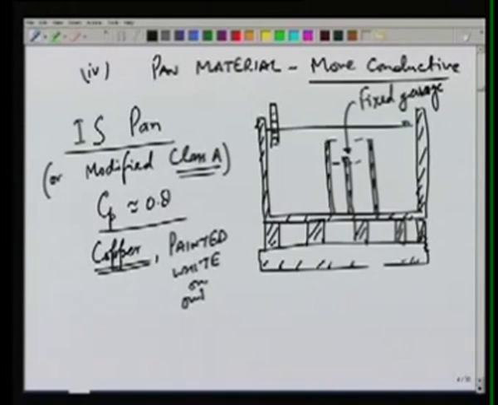While class A pan is unpainted. So there are minor differences in the size, in the painting of the surface, and in the material of the pan. Because of that, the pan coefficient, instead of 0.7 for class A pan, the modified class A pan has a coefficient of 0.8. There are other types of pans also which are used, but some of them